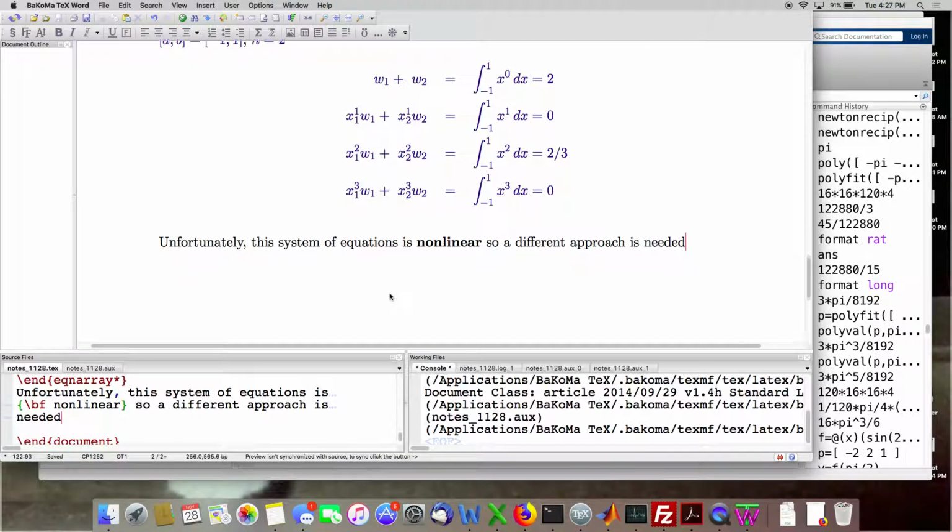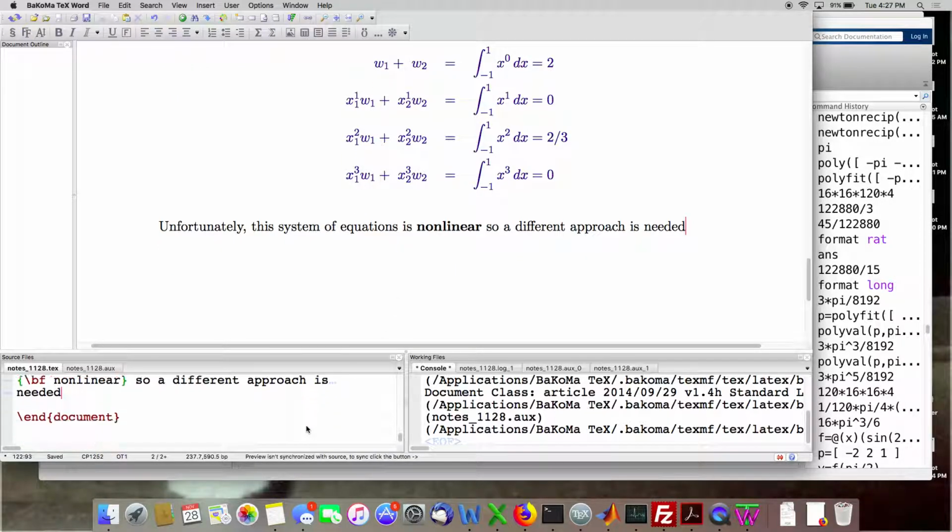I can actually show a way to get these nodes, but it turns out that the question of what the weights should be is easier to resolve